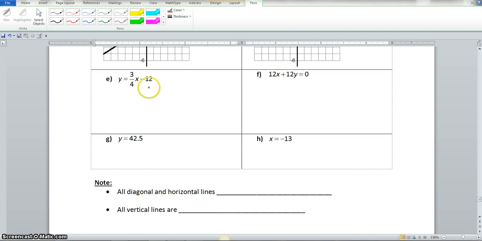Now we scroll down here. Now one thing you need to know whenever you're dealing with an equation, if you have y equals mx plus b, that will automatically be a function. You will not have any x value that will repeat in this problem here. Also, here we have y equals 42.5. We know we would not have any